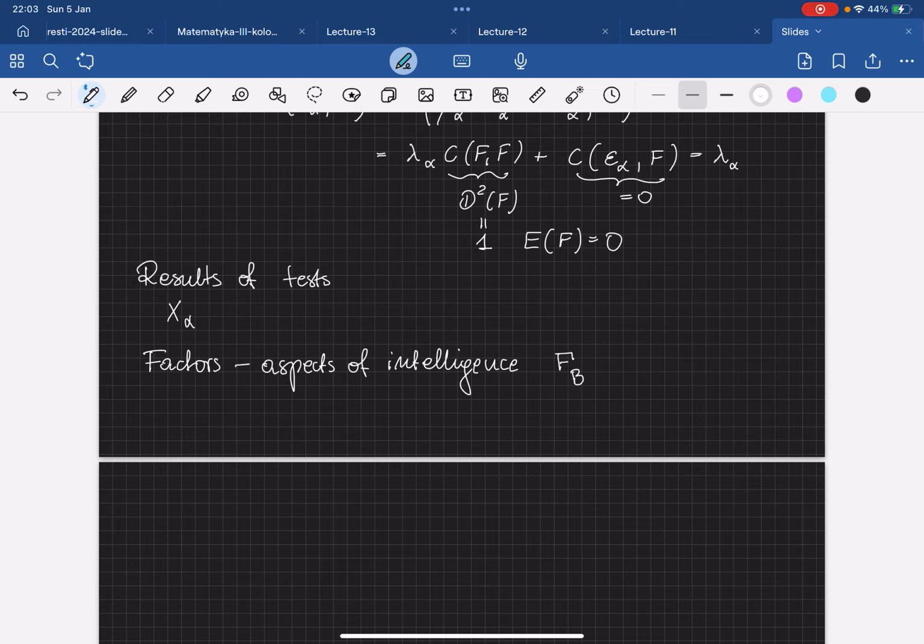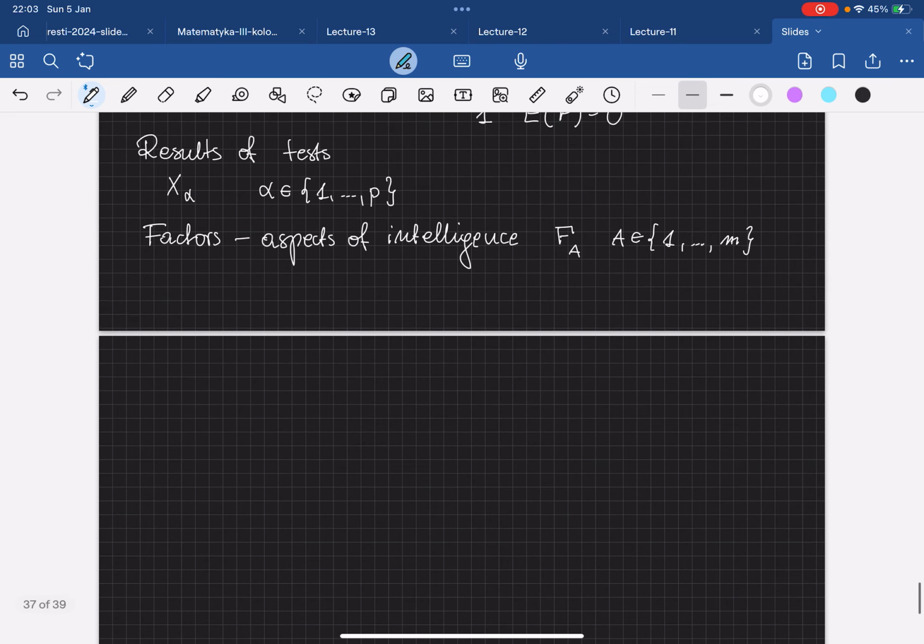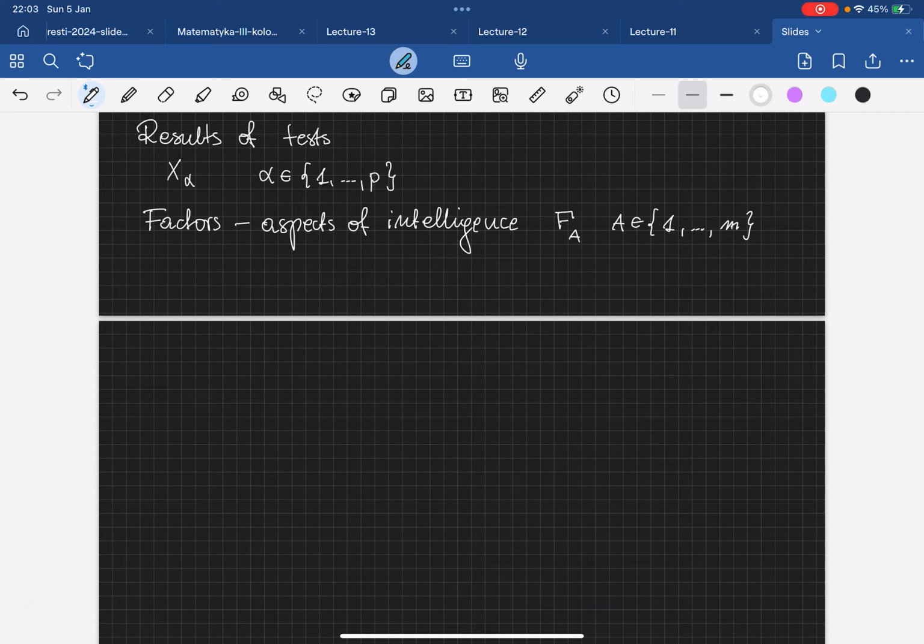Let us denote them by F^A or F^B. And then alpha belongs to the set of indices from 1 to p, the number of tests, and factors. So A belongs to the set of natural numbers from 1 to m. So we have m factors and p tests. And now our model says that